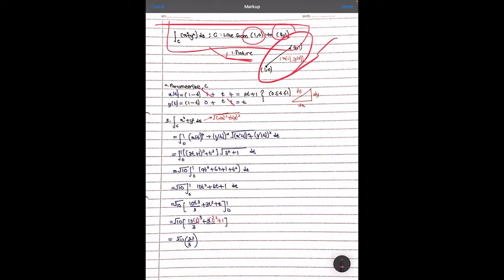The same goes for y(t). When I expand it, I got 3t plus 1 for x(t), and for y(t) I got t, because the upper one and the lower one, times 0, equals 0. So the boundary is from 0 to 1. Next,